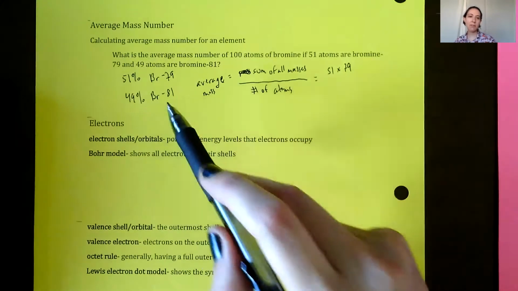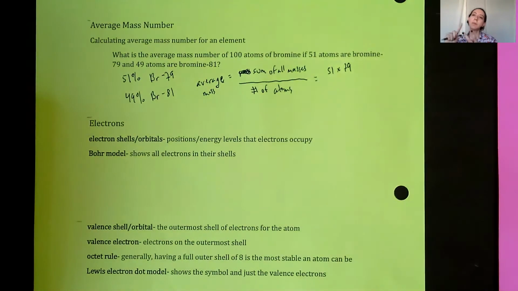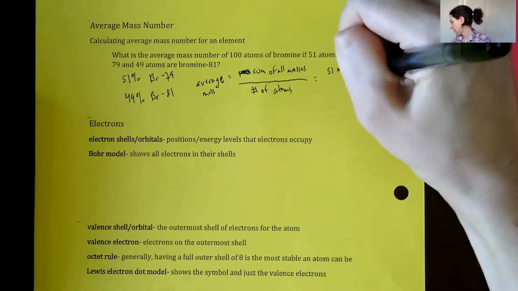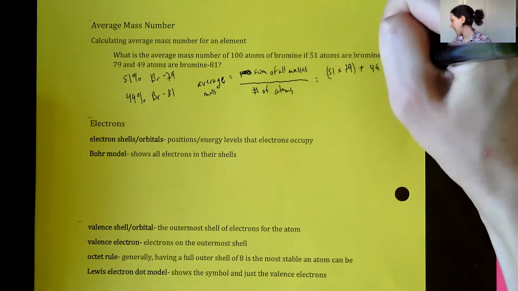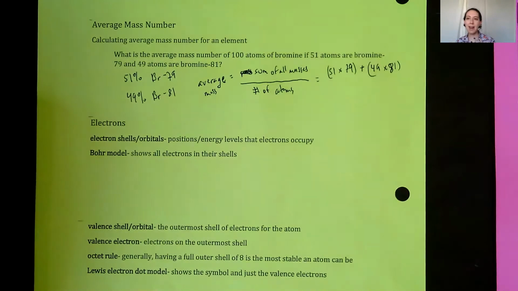Now we need to add up the 49 bromine 81s. Again, I don't want to do 81 plus 81 plus 81. That's insane. So let's just add: there's 49, and they have a mass of 81. So that's the weighted average part. Now all we have to do is divide that by the total number of atoms, which is,